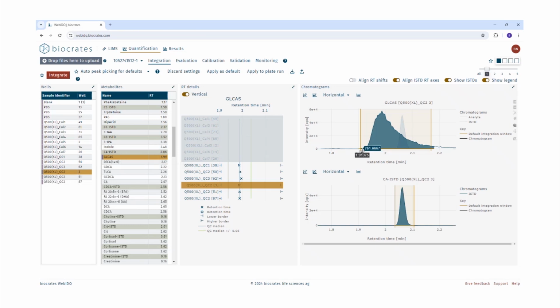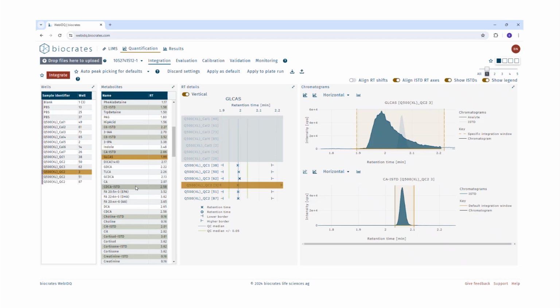In this case, we would recommend to define wider integration windows so that the confidence indicator disappears. So cycle through all the metabolites just to see if a peak is not correctly integrated or if the confidence indicator is still active, then please define the integration windows again